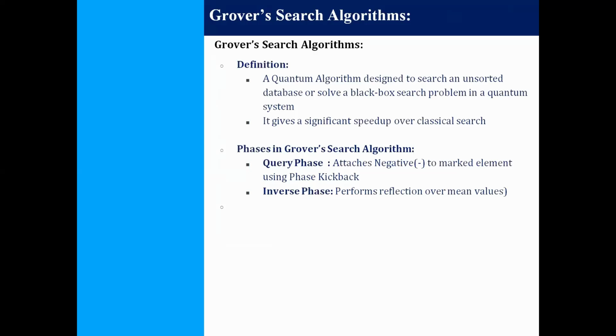Next, Grover's algorithm is designed primarily to work on an unsorted database and also to solve black box search problems in quantum computing. It is used in searching unstructured data in classical systems as well as in quantum systems. It helps in searching large-scale data such as social media databases, and also in performing penetration testing or classical assessment of some of the